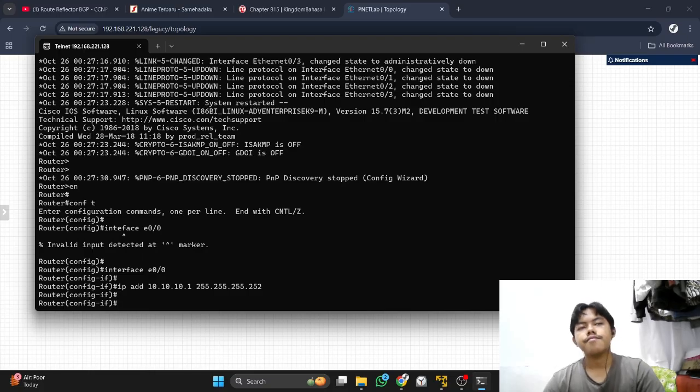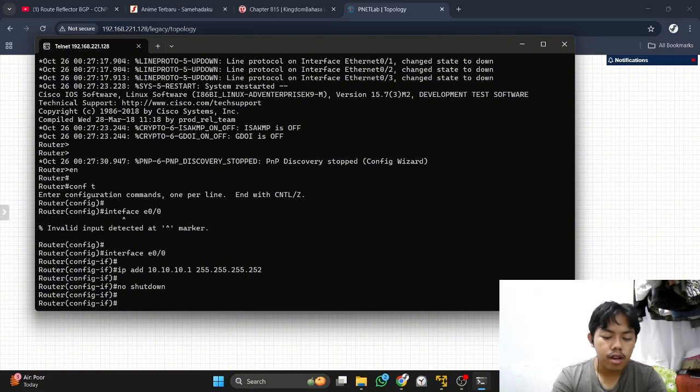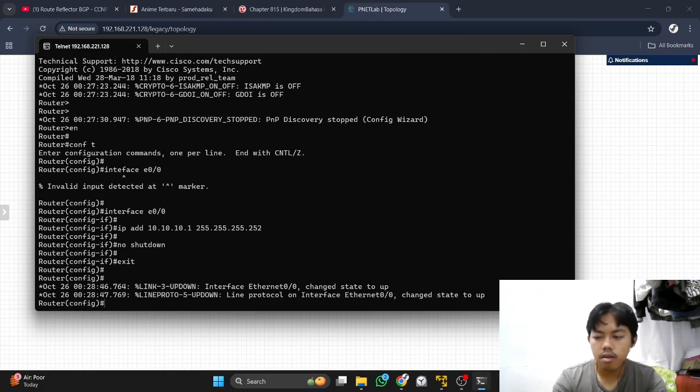If we are using MikroTik, we add the prefix, but in Cisco we use the subnet. After we add the IP address, we write no shutdown and exit.